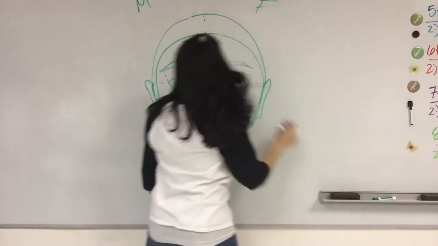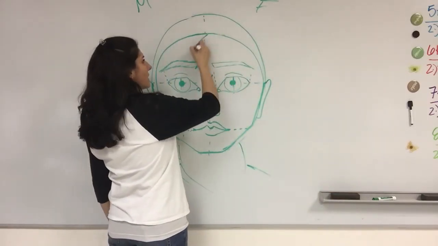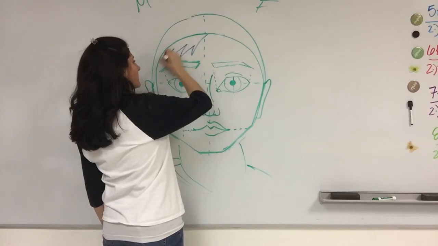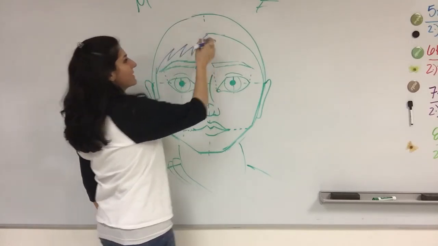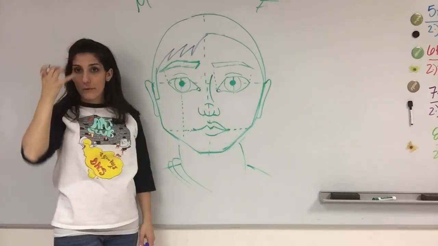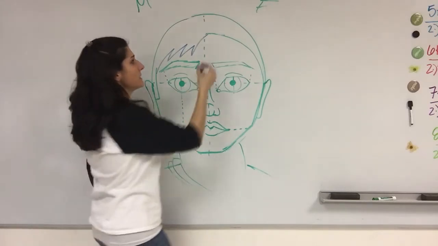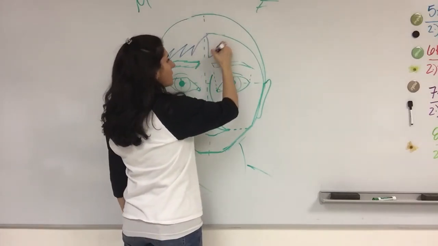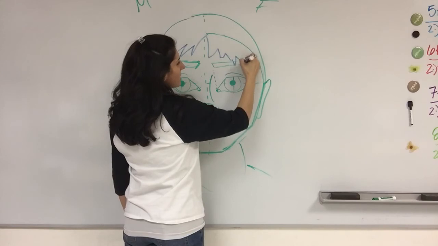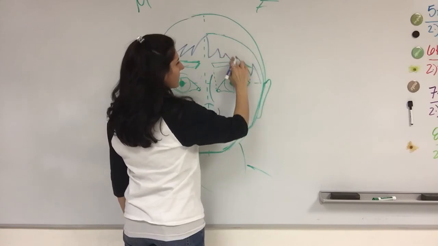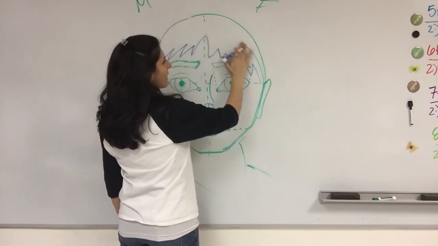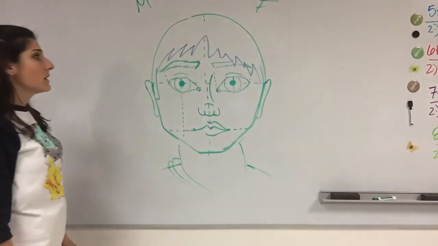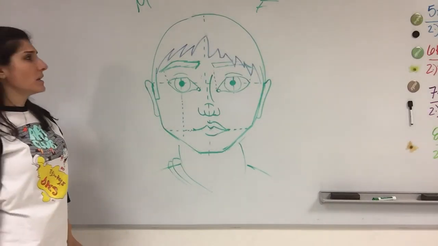So if I was drawing a boy with hair that comes down under the forehead like this, then I would erase the hairline because it's covering up the hairline. Ladies, same thing for you if you have bangs. You can bring that hair down, maybe even longer bangs that cover up an eyebrow, and then you'd erase the hairline as well. The only reason you'd need to put a hairline back